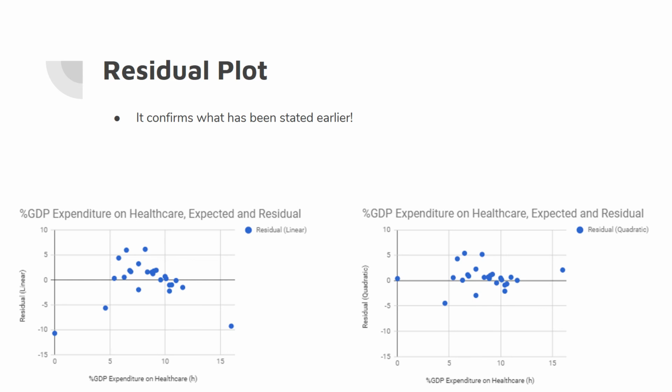So y equals negative 10. You can see one point is below y equals negative 10 and a little above y equals negative 10. And then you have one point well below y equals negative 5. But if you check the quadratic model, you see the lowest point actually is well above y equals negative 5. So you can see that the quadratic model, the points are well close to the horizontal axis, which indicates that it is a better correlation than the linear model.